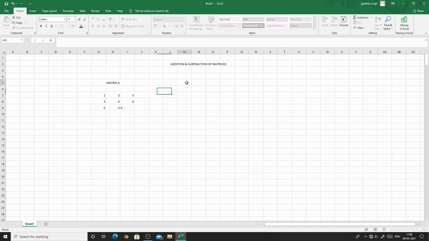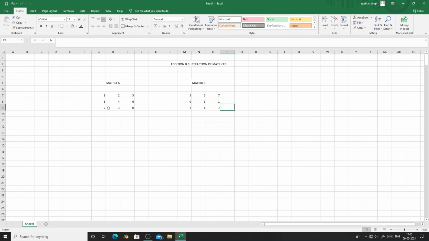Then let's write here matrix B. For that also we'll take 3 cells and merge them. So merge and center, and then we can write down the name of the matrix. Let us say matrix B. So here also, leaving one row, we'll write down the elements. First here let us write say 5, then next 6, then 7, and say 0. You can write any numbers, 3, say 1, then 2, say -4, and this says 7.